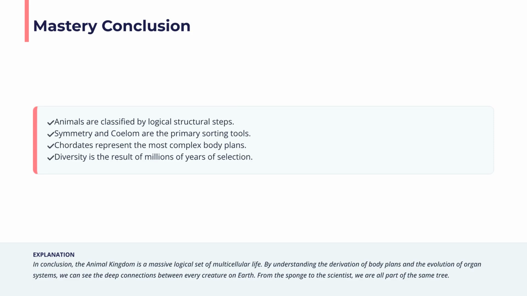In conclusion, the animal kingdom is a logical set of life. By understanding the evolution of body plans and organ systems, we see the deep connections between every creature on Earth. Diversity is the result of millions of years of selection,